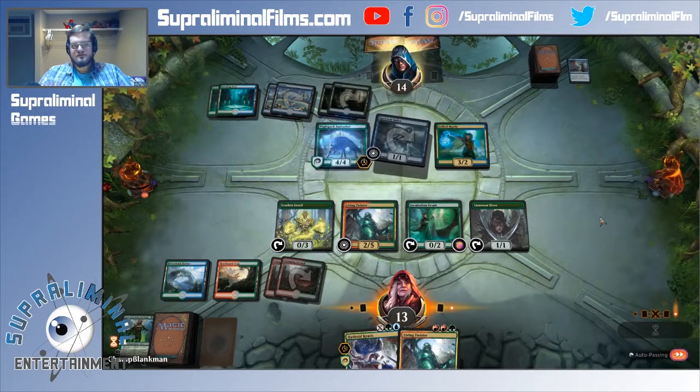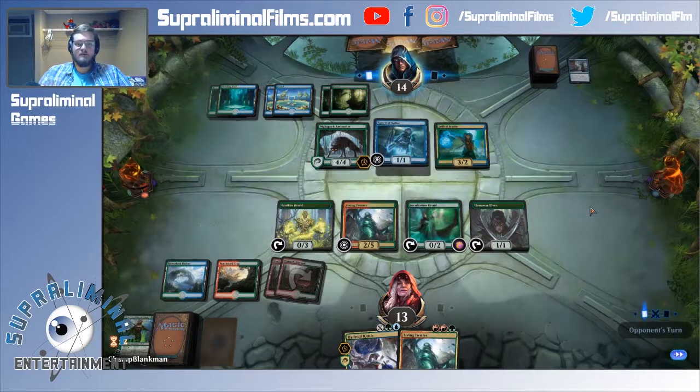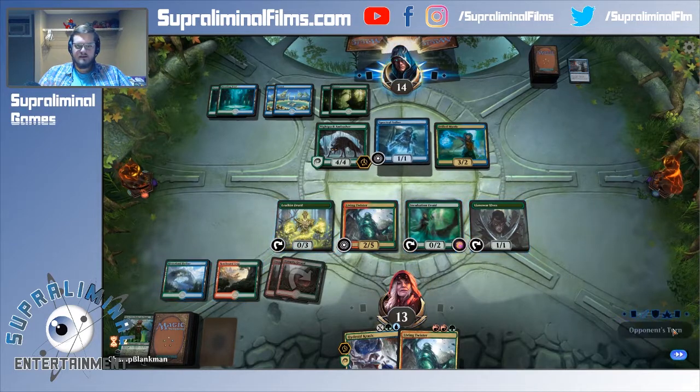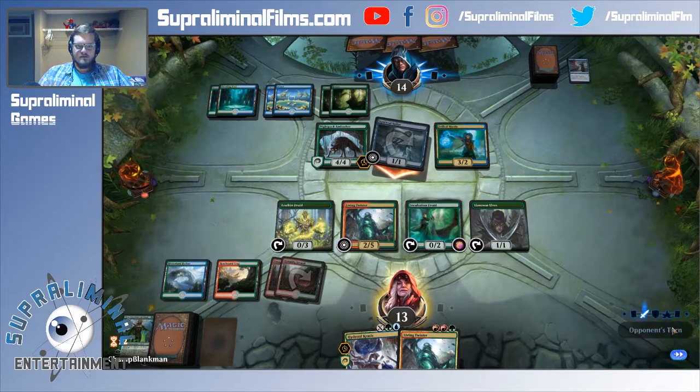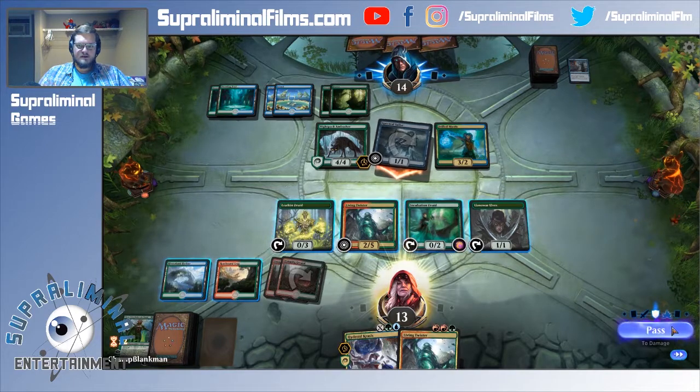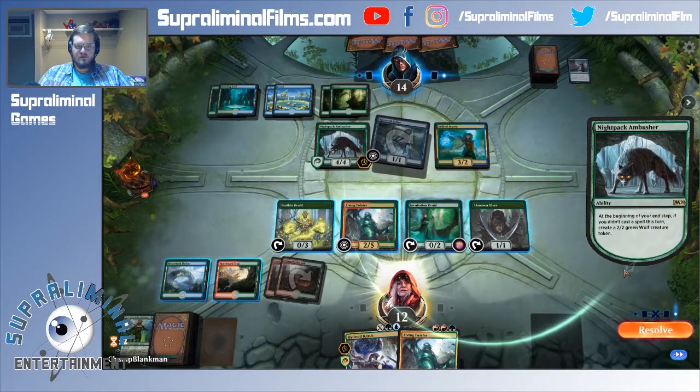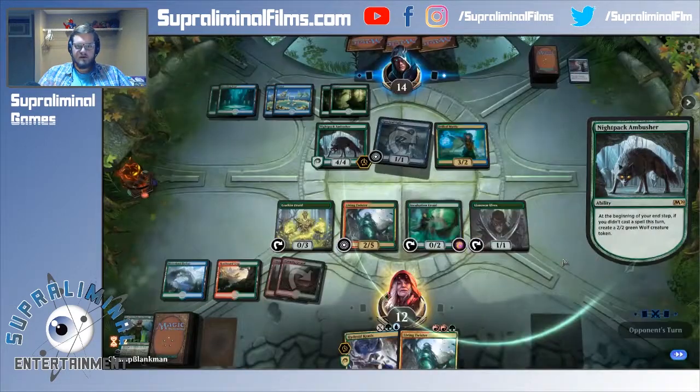All right. Nightpack Ambusher, going to be a problem. Makes big wolves. But we can adapt the Incubation Druid to block it if they want to get spicy. And they don't. So we're just going to take one again. They're going to make a wolf. And we're going to respond by adapting our